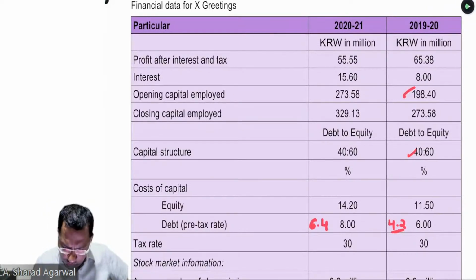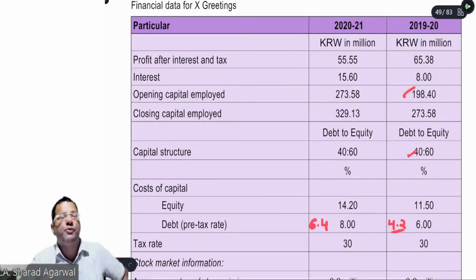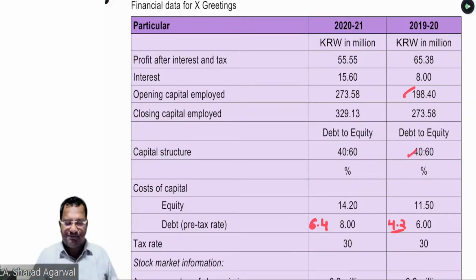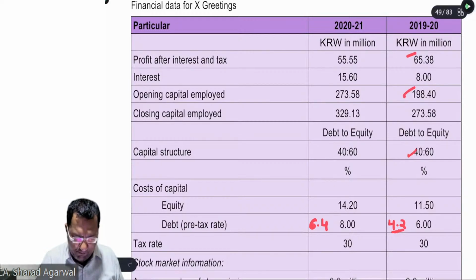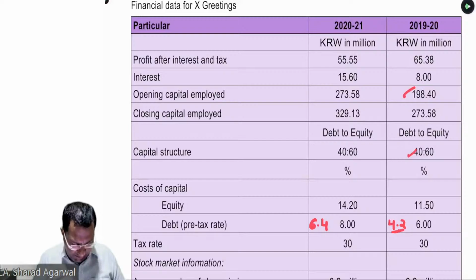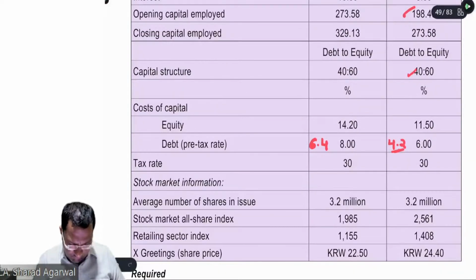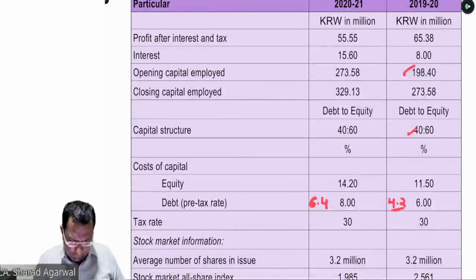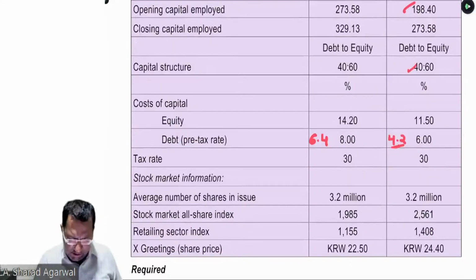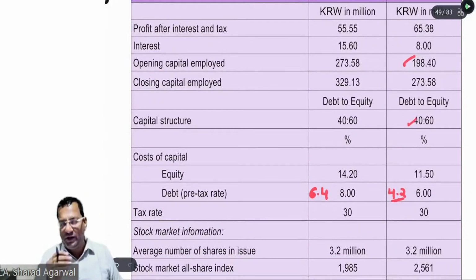Okay. So opening capital employed multiplied by weighted average cost of capital will provide you the expectation of the long-term provider of capital. This has to be compared with the actual profit earned. So this is operating profit, profit before interest and tax. We have been given the tax paid amount, the interest and the tax rate. If nothing is mentioned, we can assume that whatever tax charges we have, we have already paid the same in full amount.